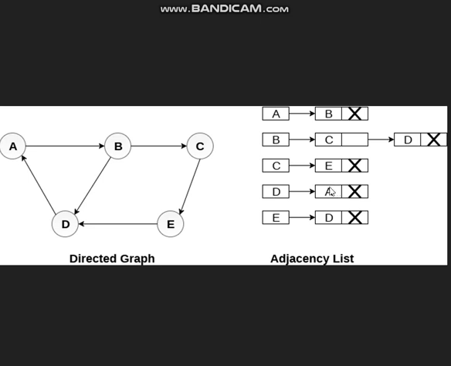So we got the visited element twice. We started from A, and again we have reached A. So we are at the cycle: A to B, B to C, C to E, E to D, D to A. This is the cycle. So this is the approach.